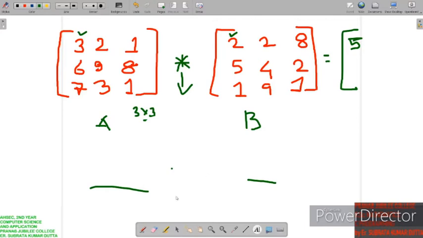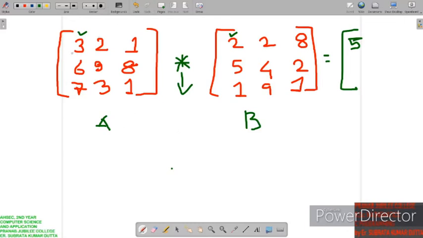So what is the dot product, we will see. Whenever you are doing matrix multiplication, first you have to check the columns and rows. Here the number of columns is 3, and the number of rows in the second matrix is also 3, so it is okay. We can now proceed to our next step. How we will multiply is what we call the dot product.